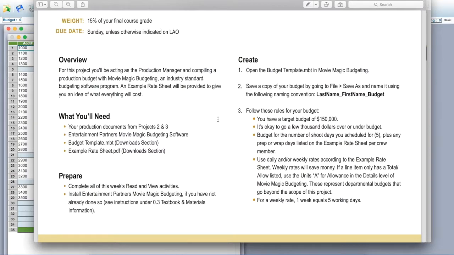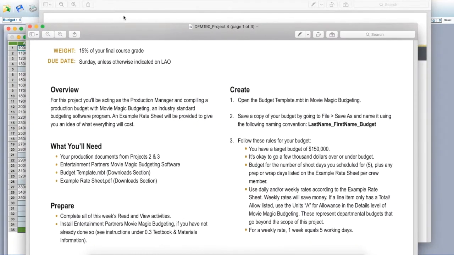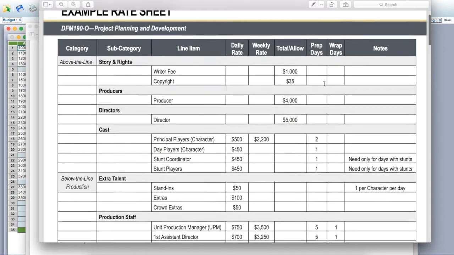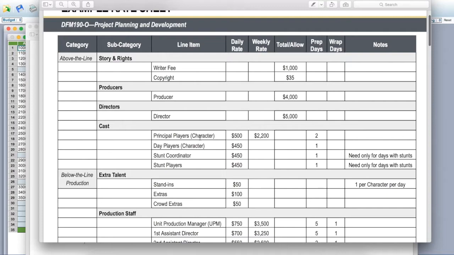Okay. When you're budgeting, you need to budget for the number of shoot days you scheduled for, which is 5 according to the schedule assignment. Plus any prep or wrap days listed on the example rate sheet. So if I show you the example rate sheet real quick, you can see here there's a prep days column and a wrap days column. So say you're doing budgeting for your principal players and you've got 2 prep days listed. So you would budget for 2 prep days plus however many days you'll need that principal player, how many scenes